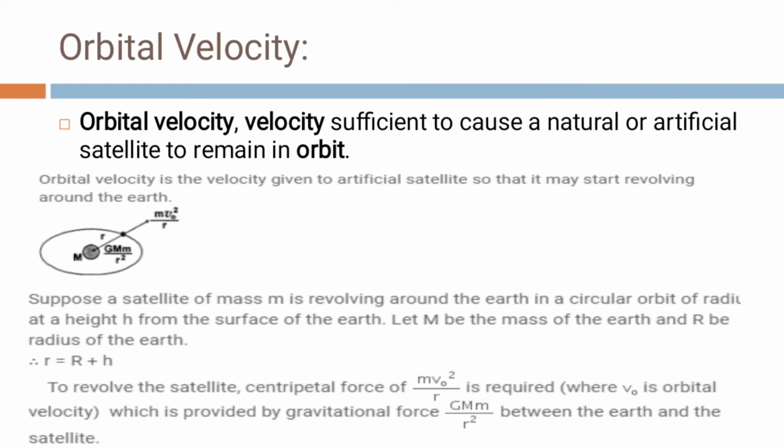This is a simple diagram explaining the orbital velocity. Here capital M is the mass of the earth and small r is the altitude of the satellite from the center of the earth, which equals capital R plus h, where R is the radius of the earth,